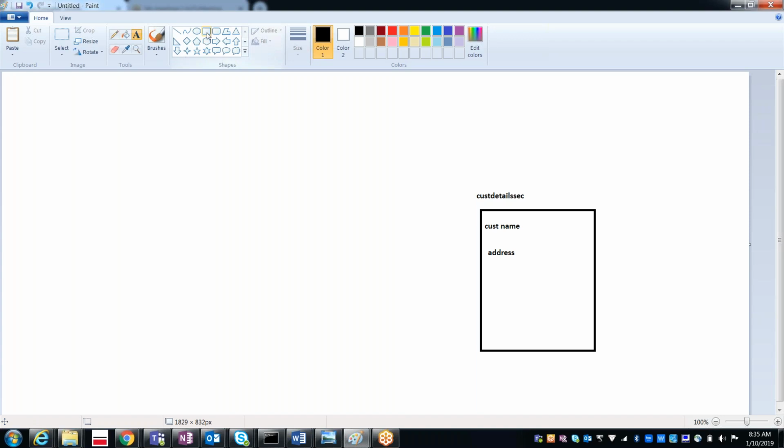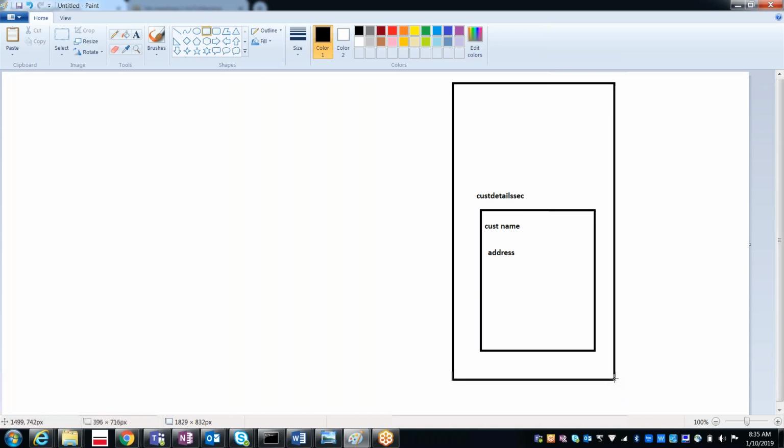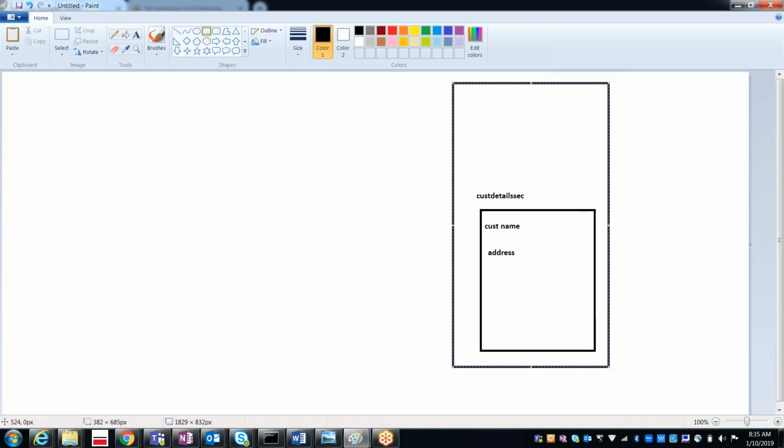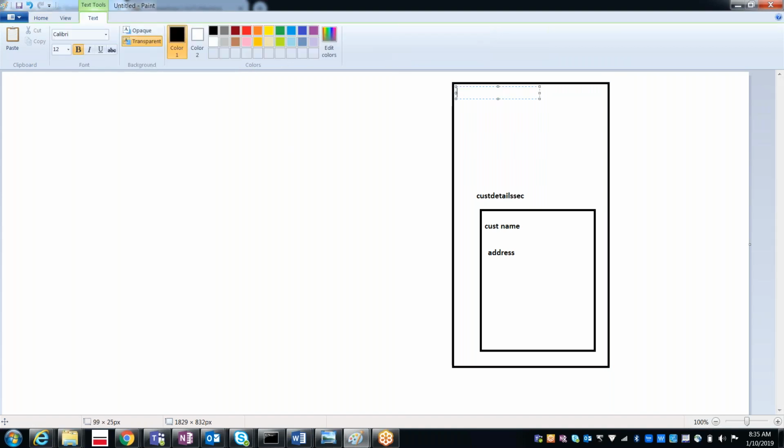In the flow action. Nice. So we are going to refer the section in the flow action. And this flow action will be referred from where? In the flow. Exactly. The flow action will be referred from the flow.